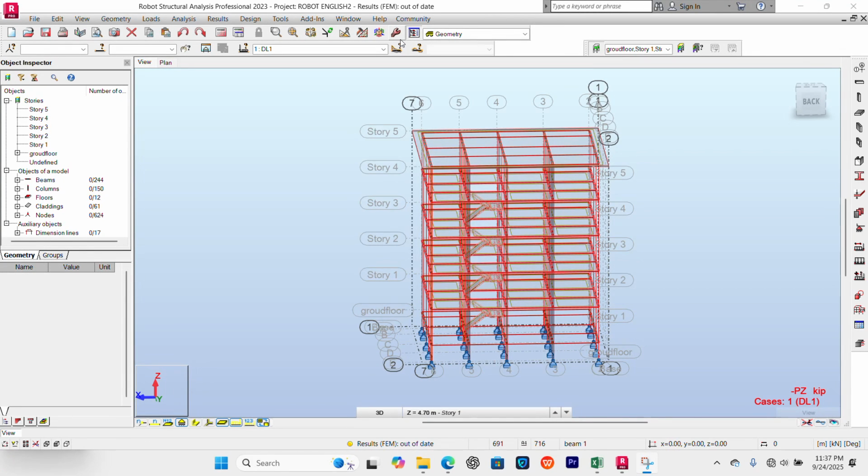It's Andrew Engineer. All right, so today we are going to continue our lesson on the modeling, analysis, and dimensioning of a residential building G plus 4. In the last lesson, we ended with the load combination. So now we are going to the load application, and we are going to start with the application of the